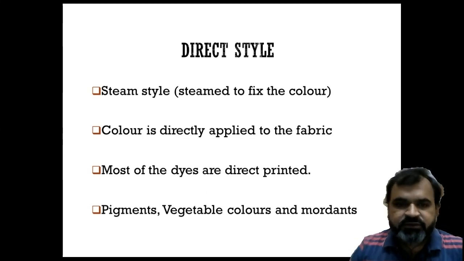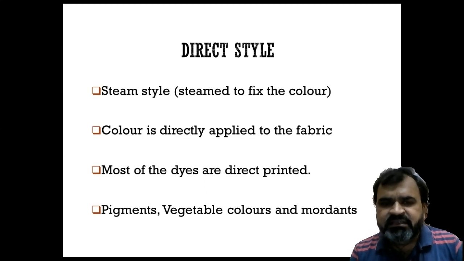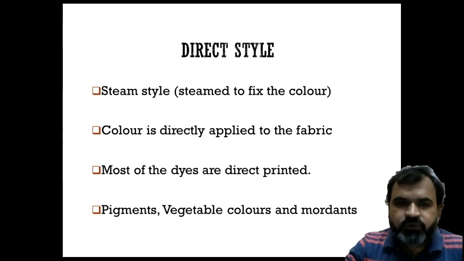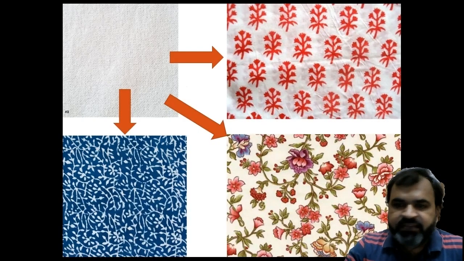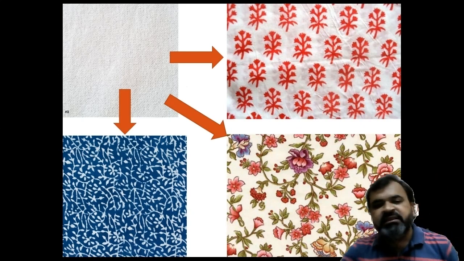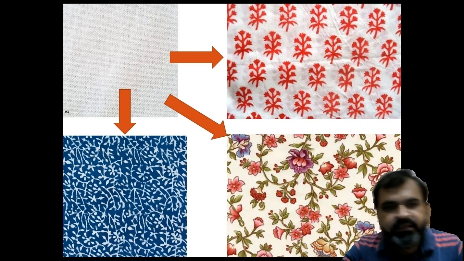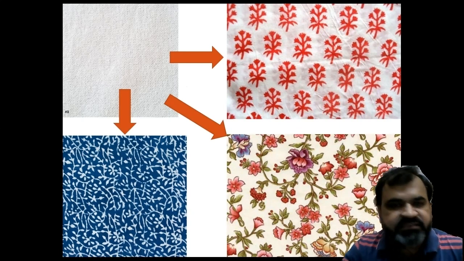Here we put the shade or the design on white or dyed fabric directly, and that's why it is known as the direct style. Let's see in this slide: this is the white fabric, and it has been printed with various colors and various patterns. Here is the single color. You can see the varieties of motifs as well as the blotch of blue color. All these shades, designs and patterns have been printed directly on the fabric. That's why it is known as the direct style.